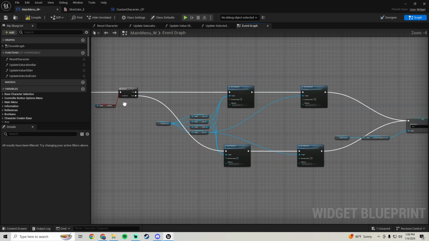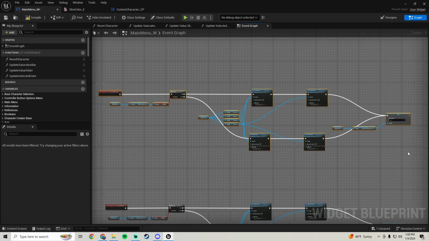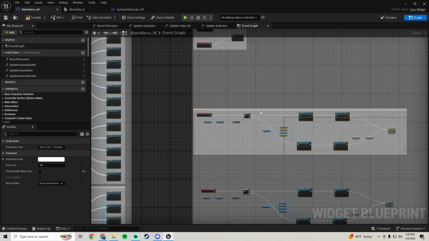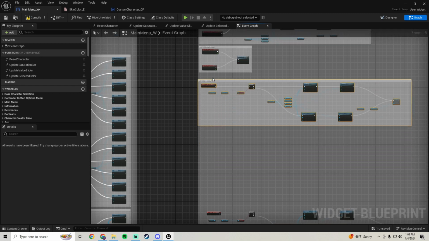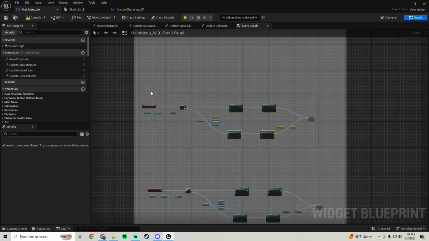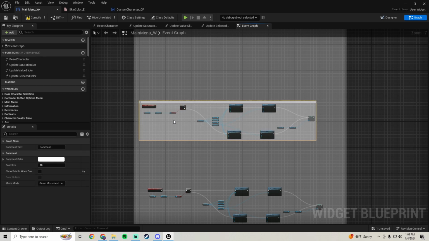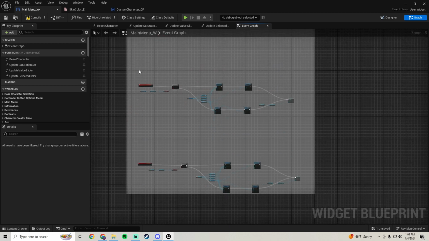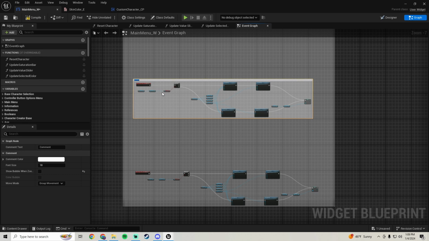This is gonna be our skin 1. So just highlight this one. Add a comment. We're gonna call this skin color 1 clicked, and we'll move it up under this one like that. And then we're gonna add a comment to this one. Call this one skin color 2 clicked, and move it on up. And we'll comment this one. Call it skin color 3